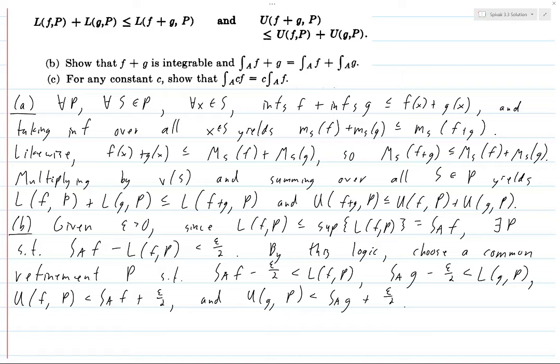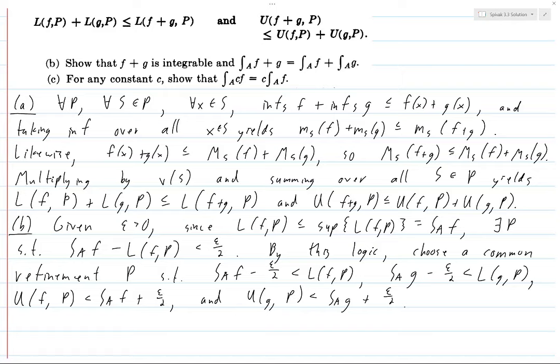Now, I say common refinements. I don't know if it was talked about a ton. It looks like it was at least mentioned in this section. But for any two partitions P and P prime, there exists a partition P double prime, which is finer than both P and P prime. And this is a really important concept,